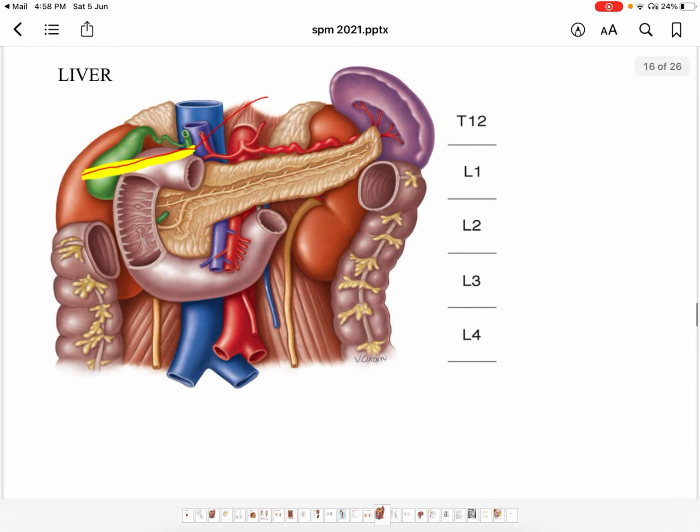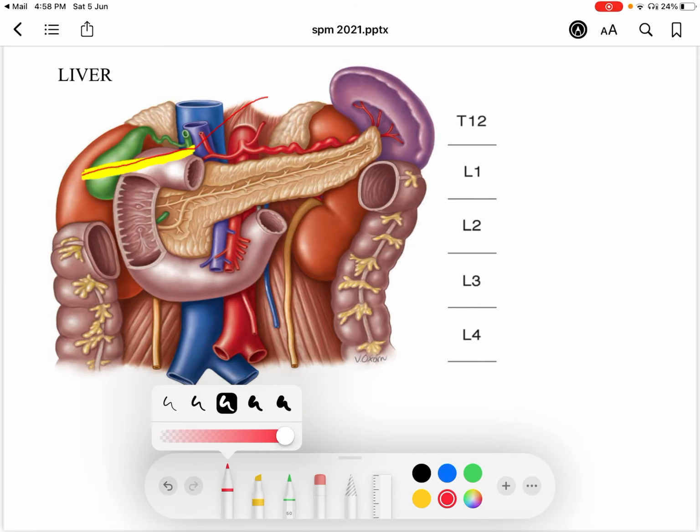In this diagram, you can see all the relations. When I revise the fourth part here, you will see which relations come on the left side: here the left kidney and left ureter, and posterior to this there is the psoas major muscle and the inferior mesenteric vein lies here, and this is the upper part. There is the body of the pancreas, and along with this anteriorly there is the transverse colon and transverse mesocolon. So these are the relations of the fourth part.